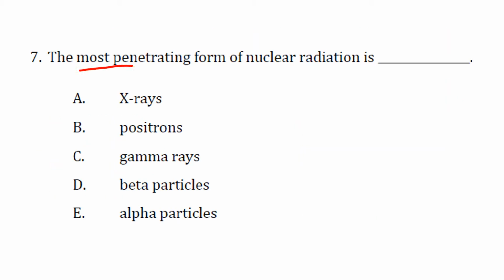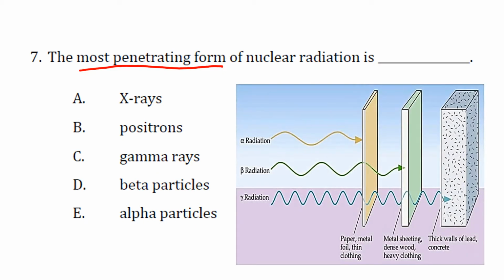The most penetrating form of nuclear radiation is... If we look at this figure, an alpha radiation can be blocked by paper, metal foil or thin clothing, whereas a beta radiation can be blocked by metal sheeting, dense wood or heavy clothing,